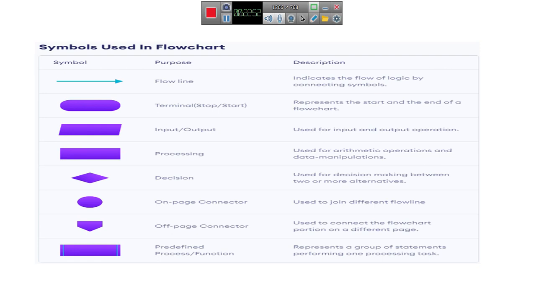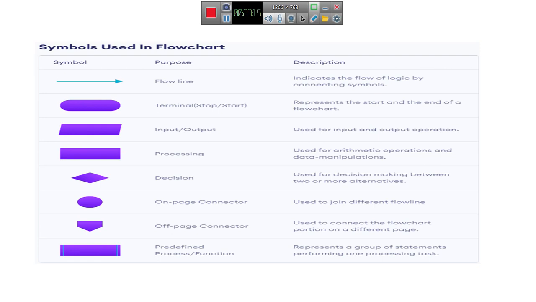Generally we use these symbols for developing flowcharts.